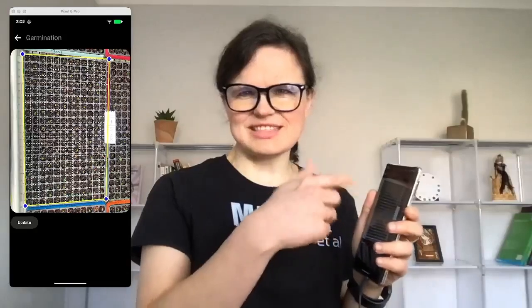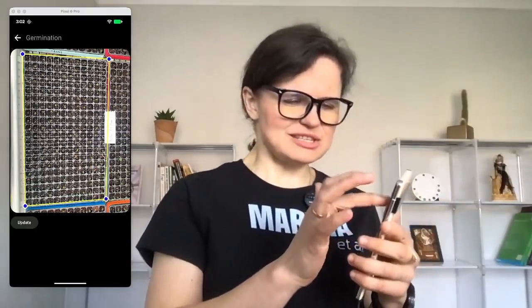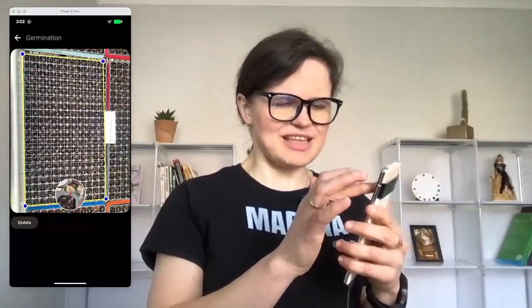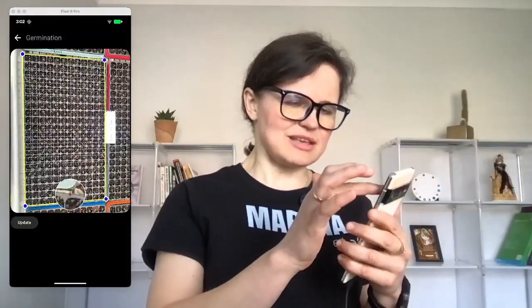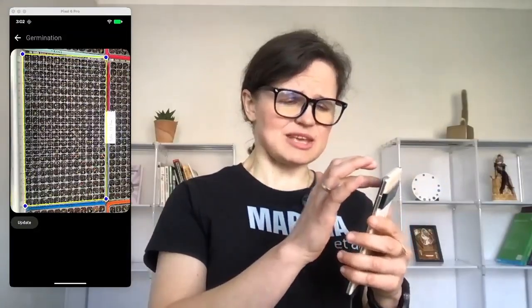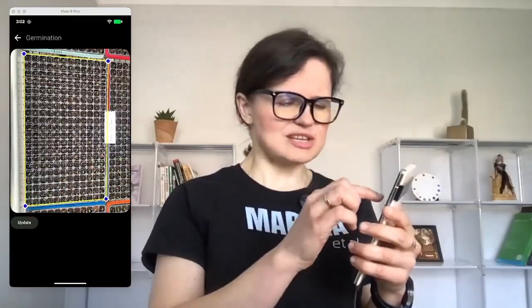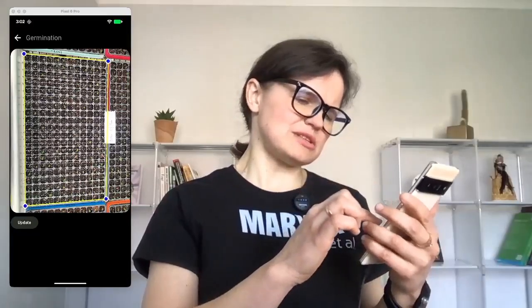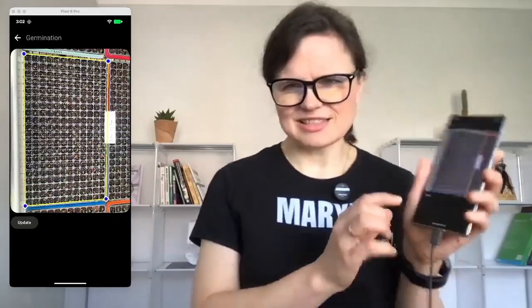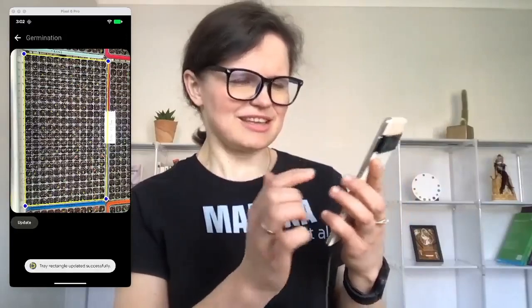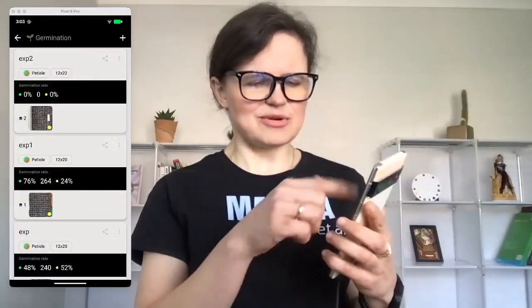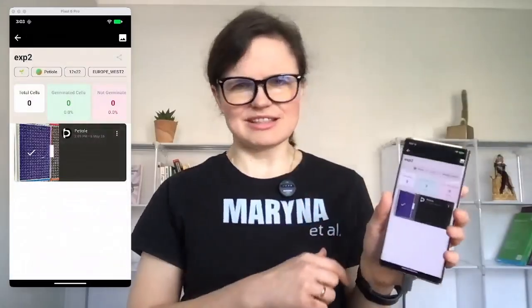But at least you understand the methodology, that you just need to use these blue dots and adjust your corners appropriately. And then based on this adjustment, as I mentioned, we have a different number of cells and rows available for assessment. Even let's just do it like that, and then you just need to update. That's it. So now the algorithm will work and it will process the imagery,